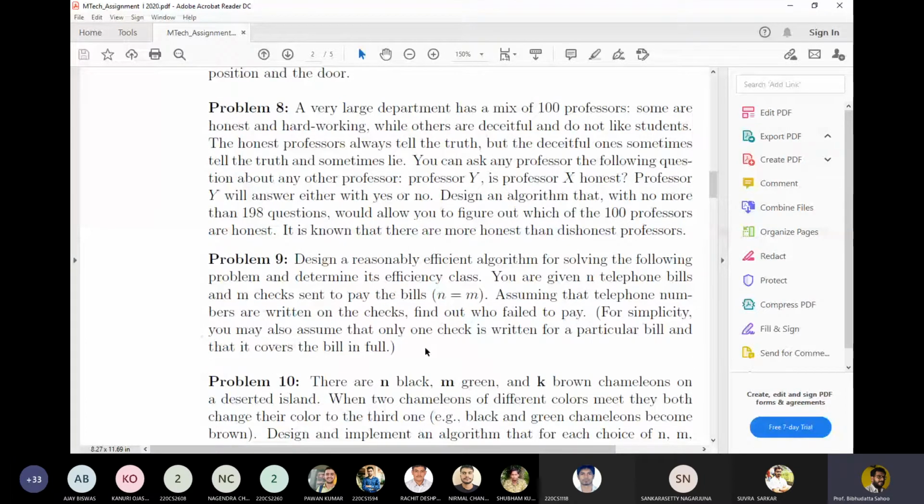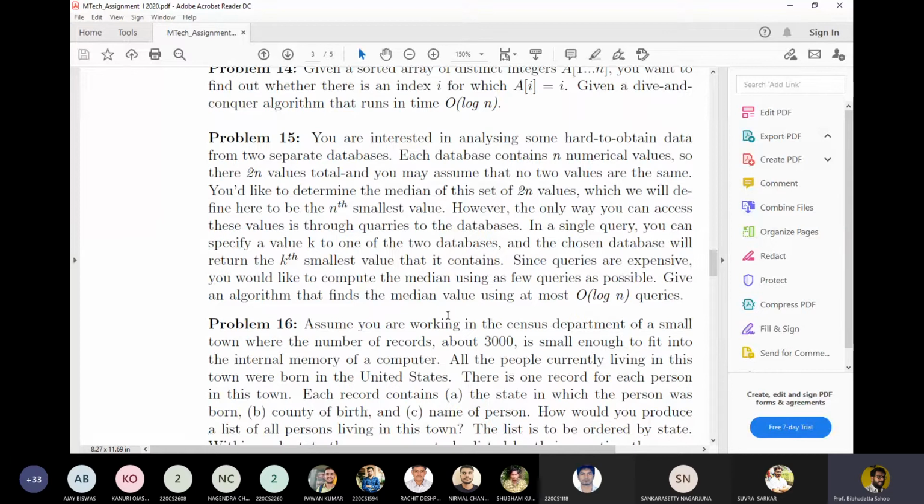Now these are not, in that way, big problems or many texts, but we'll slowly come to problems which are explained in half a page or 1 page. In particular, I'll share with you from Kleinberg and Tardos. So look into this question number 15, and always look into that. Most of the problems which appear in these sheets are applications of divide and conquer, and most of the questions are answered with something like binary search, or a tree to be constructed of height of order log n. So look into problem number 15.